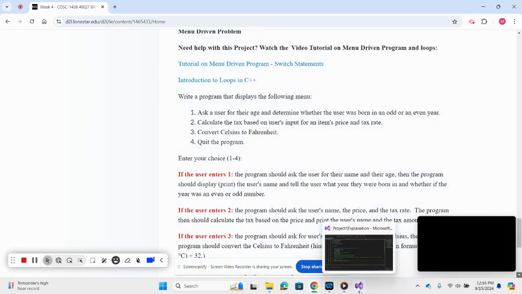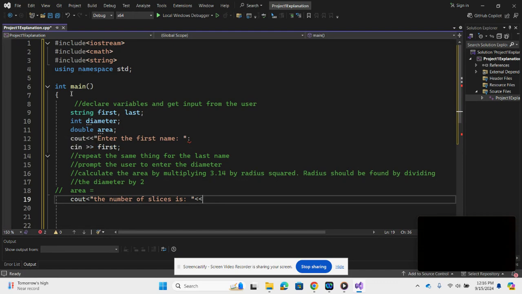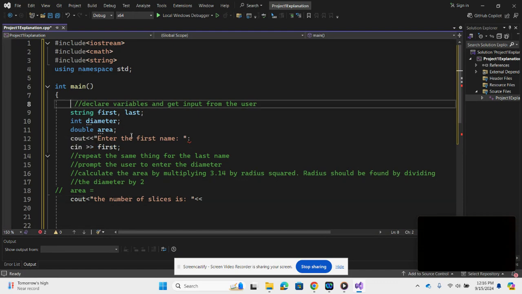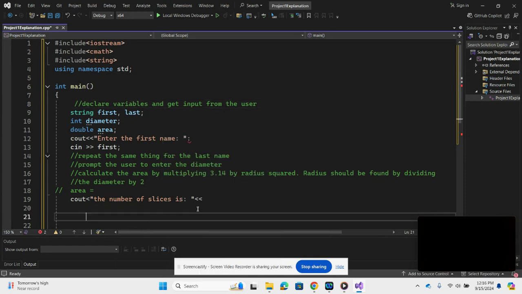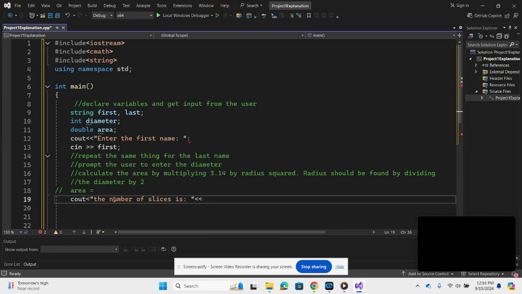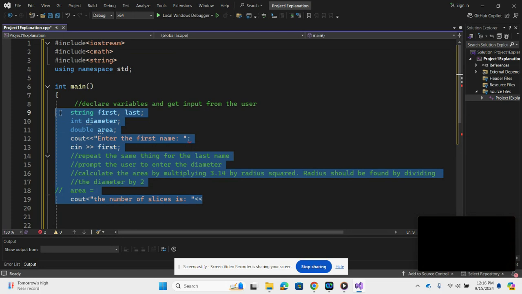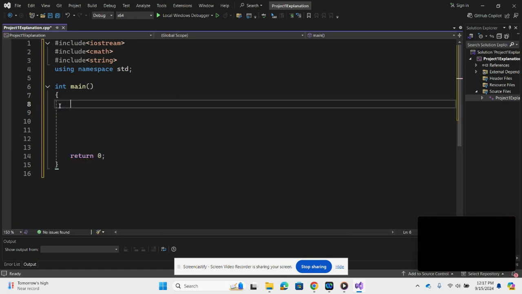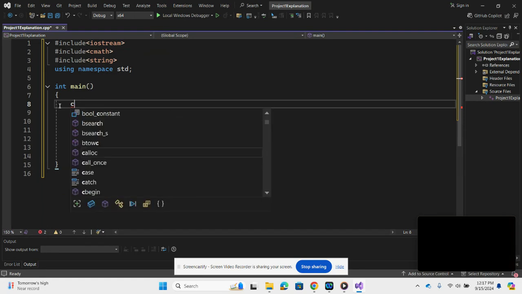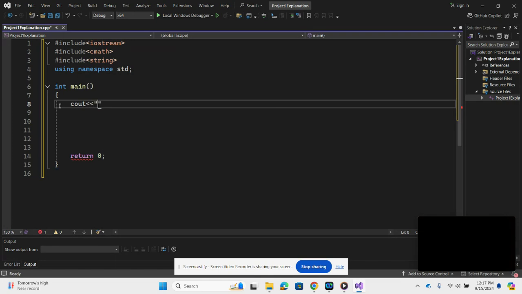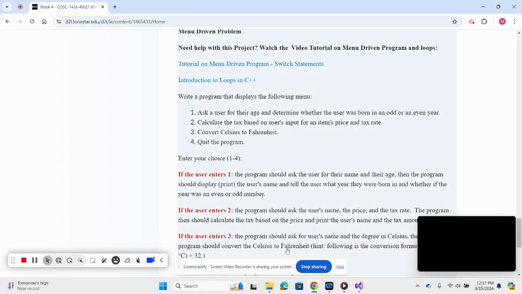All right. So again, for this one, as I said, you need to start with a menu. Just display it, because the user will not respond unless you put the question here, unless you prompt the user to do something. So the first thing here, as I mentioned, you have to put cout, and then you're going to put all this information that you have here. So it says ask the user for